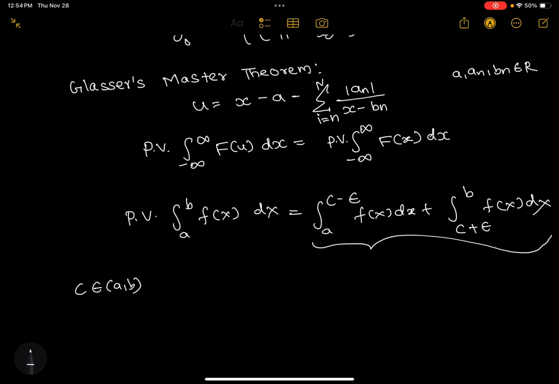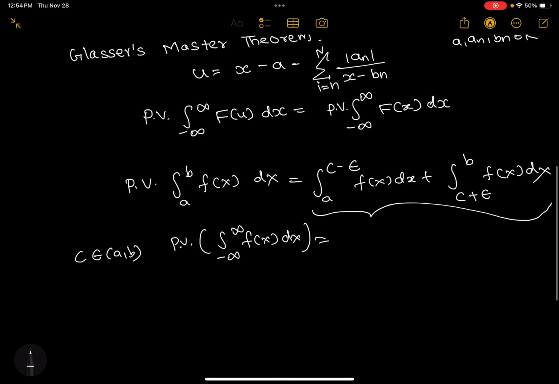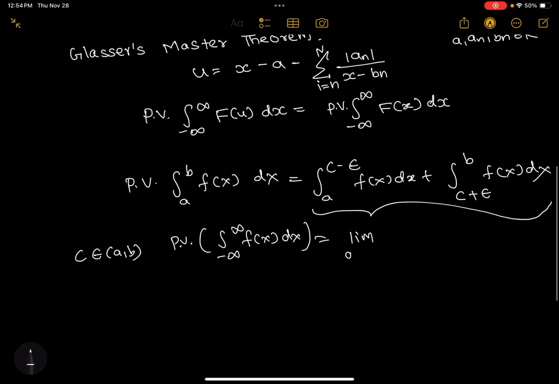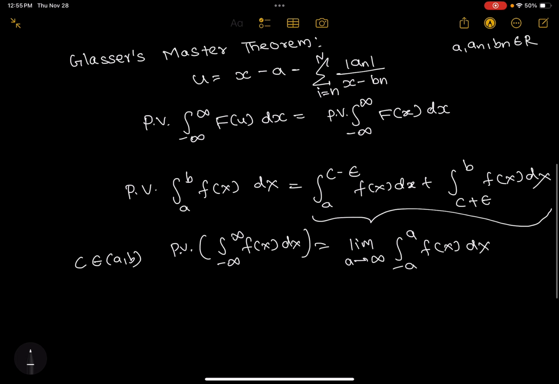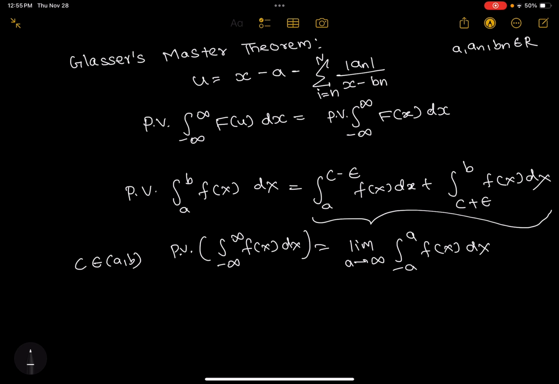In this way, there are no such doubts. Now the singularity would not be a problem. So principal value will help simplify the problem. That's why we write it. Even in the case of the integral from minus infinity to infinity, writing principal value gives sense to this integral. It will mean the limit as a goes to infinity of the integral from minus a to a of f of x dx. So principal value is just a way of assigning a value to an integral which might seem to be improper or seem to have a singularity at some point. That's the benefit of writing principal value.